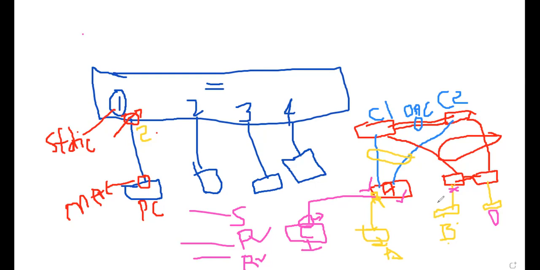So let's say you need to enable port security. You need to mention the number of allowed MAC addresses, 2, 3, 4 like this, and you can also mention exactly what MAC address, defining the 12 hexadecimal characters, then the violation scenarios. Okay, so I hope you understood the theory.